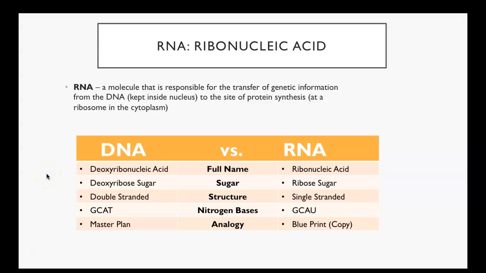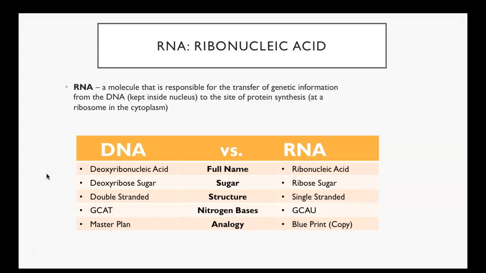So in protein synthesis, we are going to find out about a new molecule, and that new molecule is called RNA, or ribonucleic acid. Sounds very similar to DNA, but it is slightly different. So what is RNA? RNA is a molecule that is responsible for transferring genetic information from the DNA to the site of protein synthesis, and that is essentially a ribosome. Essentially, RNA is a copy of DNA that is made inside the nucleus, and then once made it is going to leave the nucleus and go to a ribosome